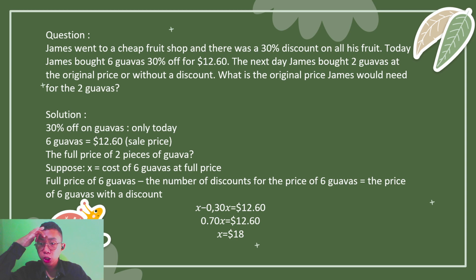Suppose x is the cost of 6 guavas at the full price. So the full price of 6 guavas minus the discount on the price of 6 guavas is equal to the price of 6 guavas with the discount. So x minus 0.30x